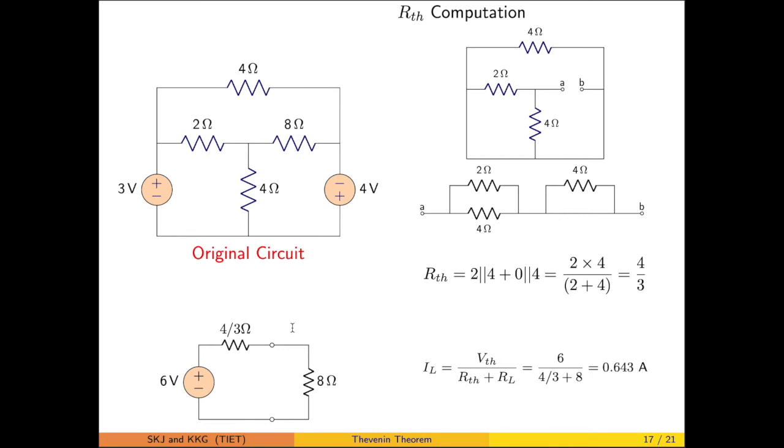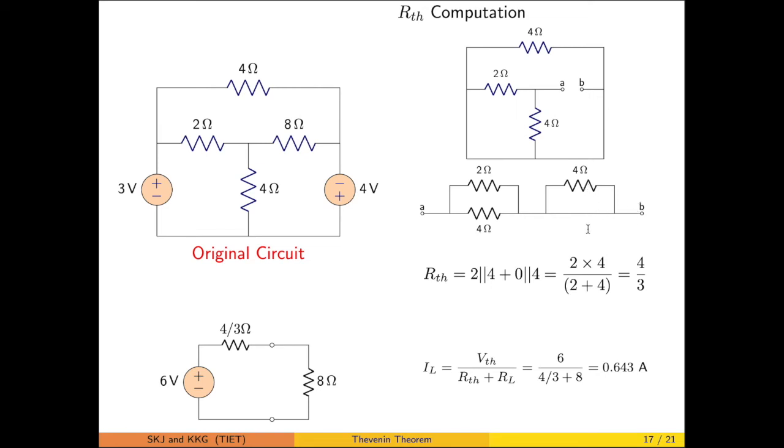Now the original circuit is there and we are interested in calculating the RTH. The process is simple. You remove the load resistance, so that is removed. Both are independent voltage sources, so they are short circuited. Now just to look at this 2 and 4 ohm, they come out to be in parallel. You redraw the equivalent. Here this 4 ohm resistance comes directly across this shorted line. So the equivalent will be like this.